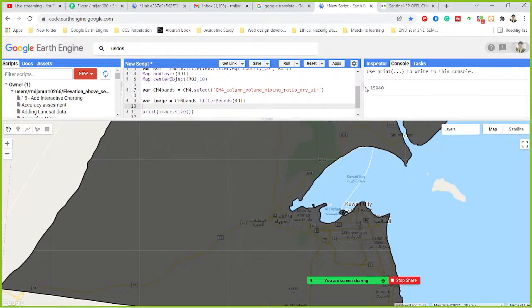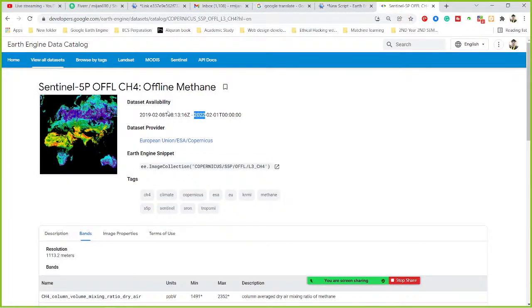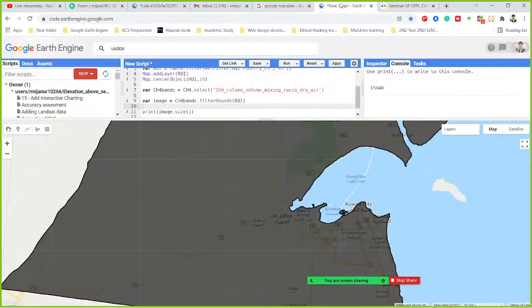Now I want to filter these images for a specific time period. You can see these images are available between this time period, but I need only the images for 1st January of the year 2020, for this month. So I also filter it. In this step I take another variable,